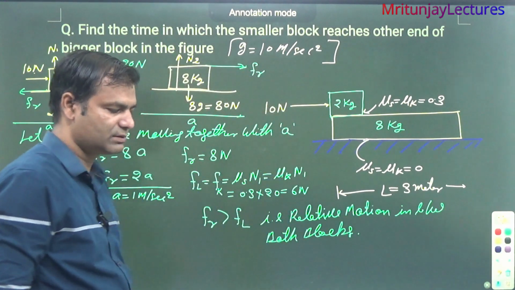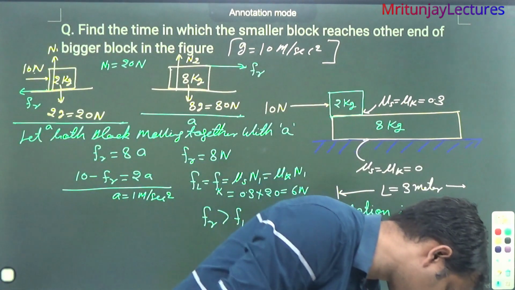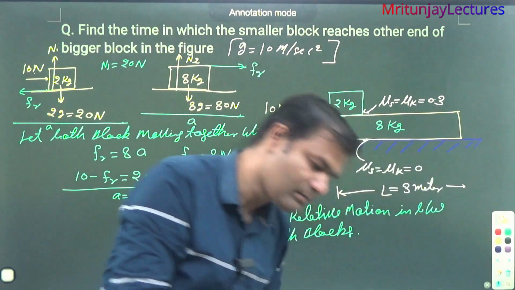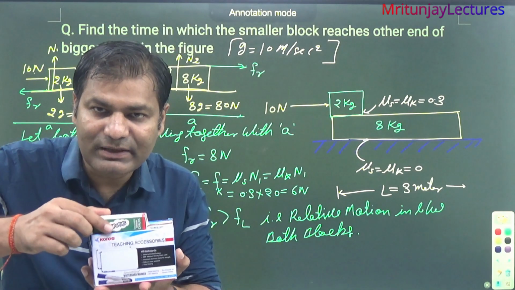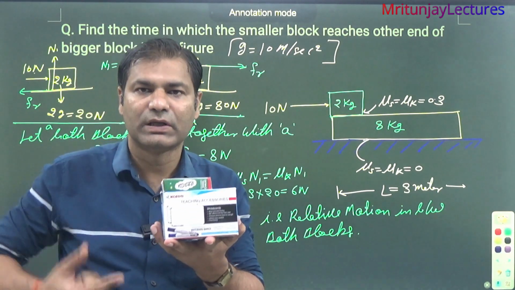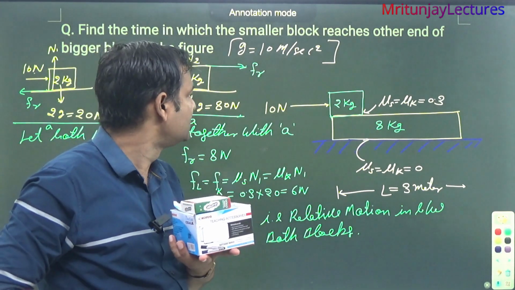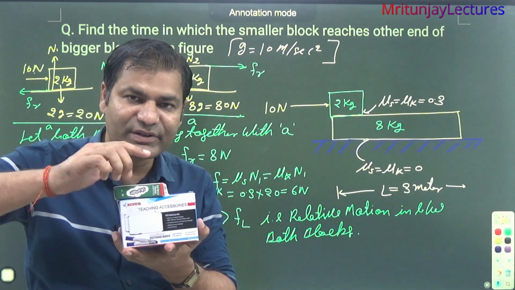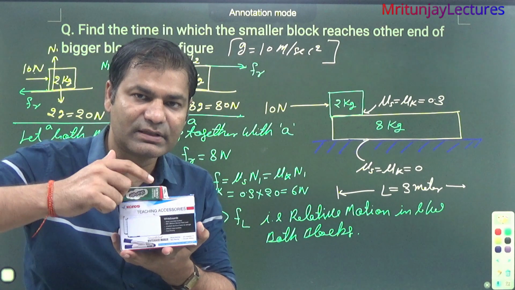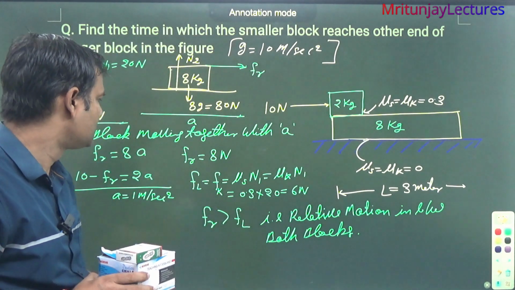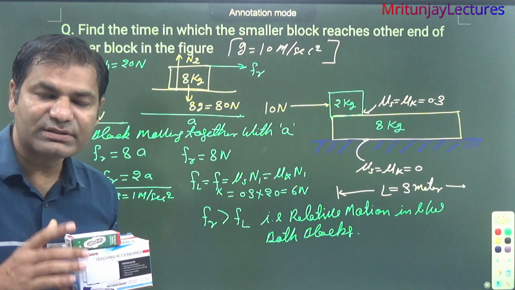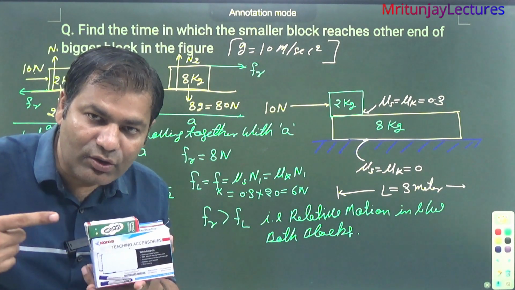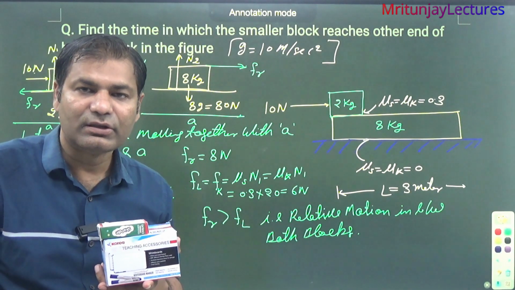Clear or not? Why? You look here. We apply force here. Applied force how much? 10 Newton. Required frictional force generated here, how much? 8 Newton. It means if you want both to move together,